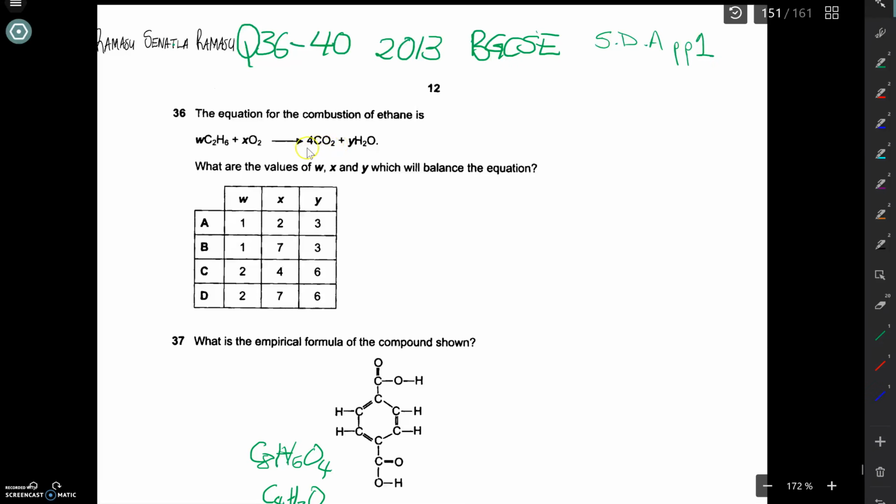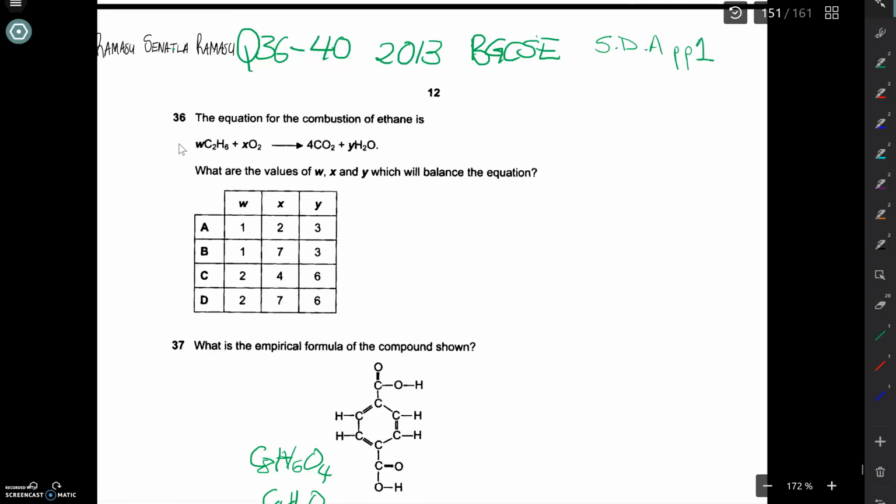We have to make sure that we have 4 carbon atoms on the right side of the equation, so we should also have 4 carbon atoms on the left side of the equation, right? So because we have C2 here, to have 4 carbon atoms, our W